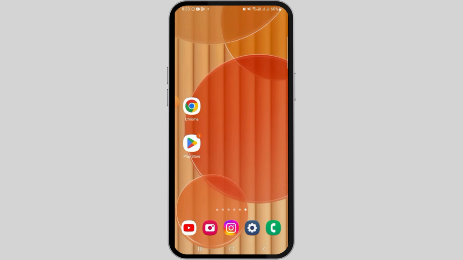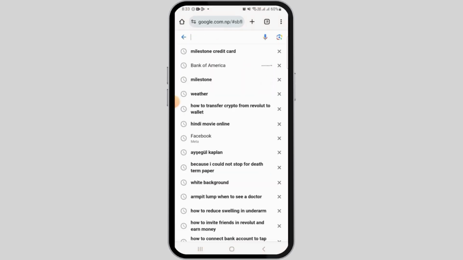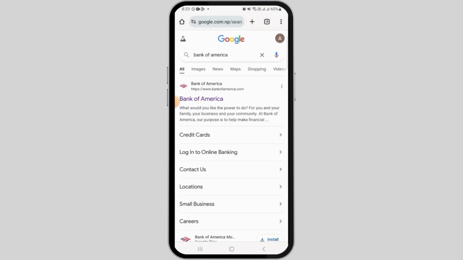Let's begin. In this video, I will guide you how you can activate Bank of America card. For this, you first of all want to open up any web browser. Now you want to search for Bank of America. Then click on this website, which is